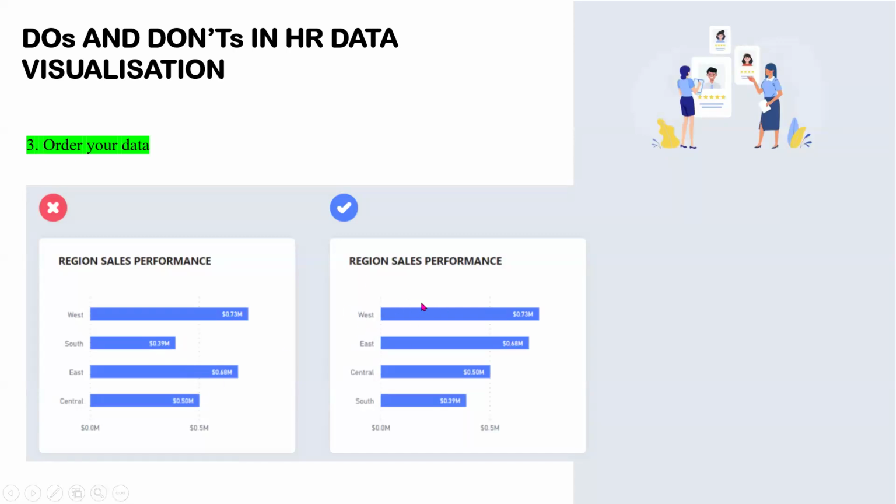But if you look at this one here, that is because the values over here don't follow any pattern. Look at this one, where we are able to arrange this data from smallest to highest. If this one follows a pattern like month or date, then it's okay. But if it doesn't follow any pattern, just random categories, then it's best for you to arrange the data in the order of the value.